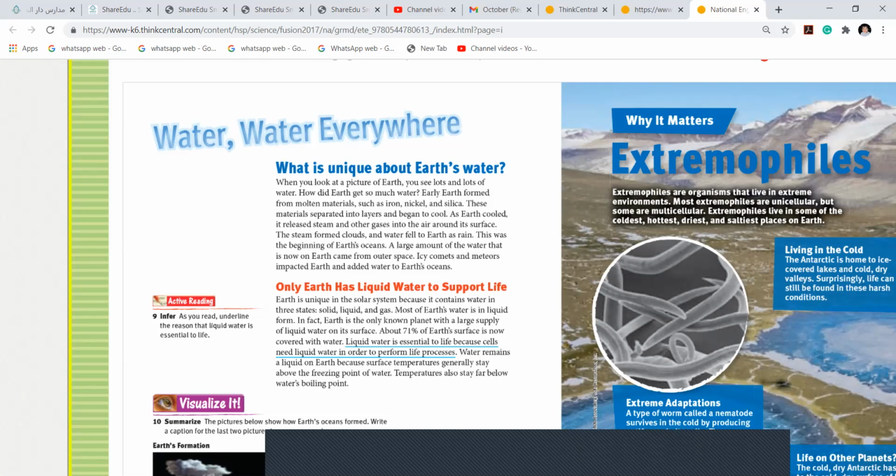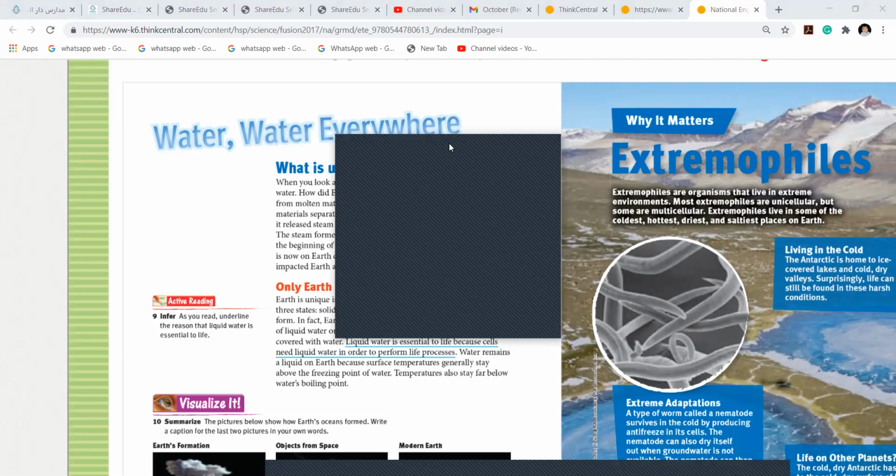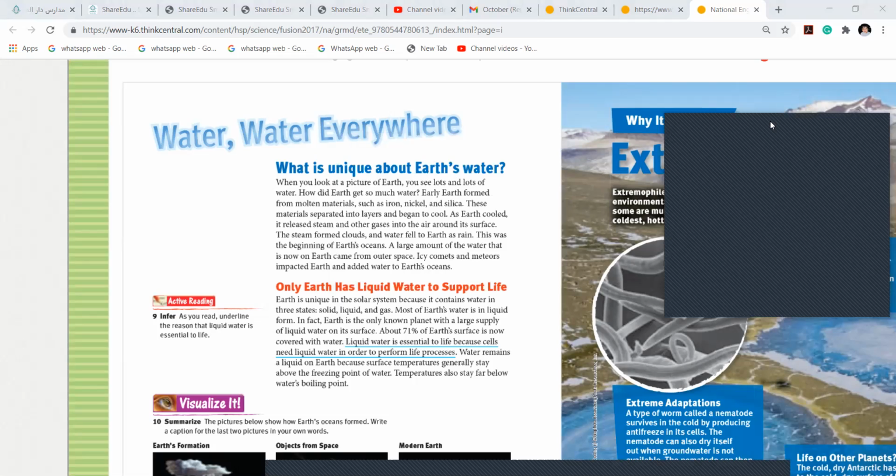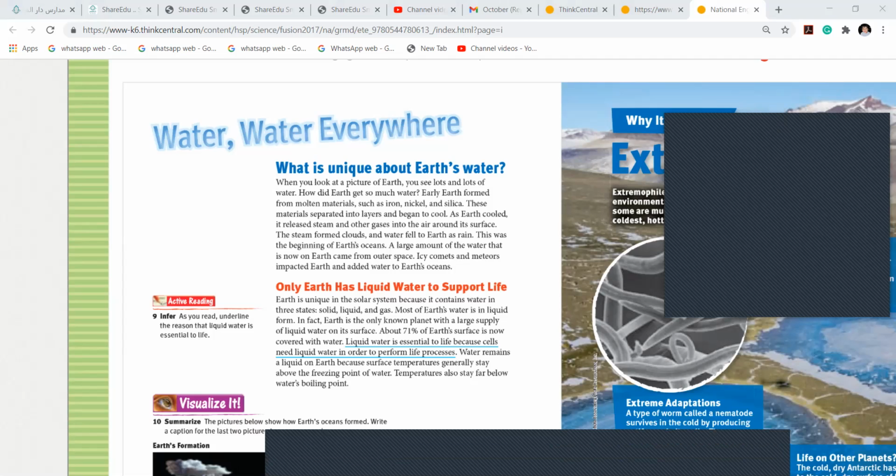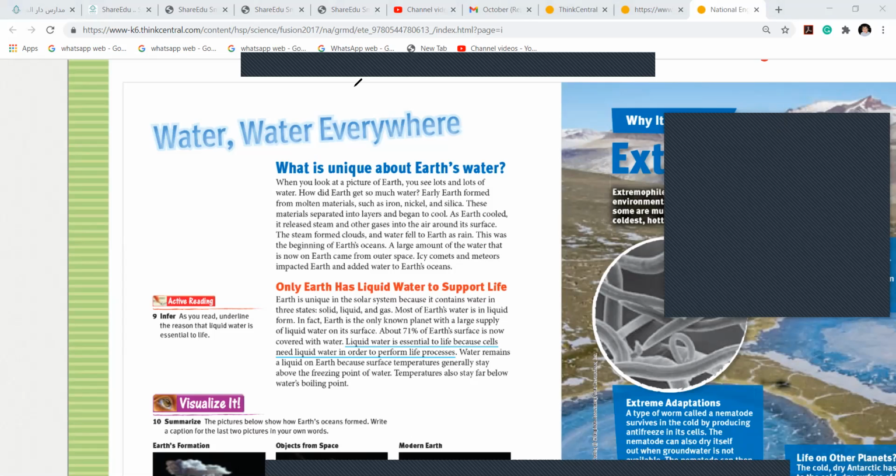So today, before starting my lesson, I want one of you to tell me the equation for photosynthesis. What happens in photosynthesis? Judy, start with you. What happens in photosynthesis? What do plants need? Carbon dioxide, water. Excellent. The photosynthesis reaction starts with carbon dioxide because plants need carbon dioxide. And what else? Water. And sun. Very good. Plants store energy. If I want to write an equation, I can even write